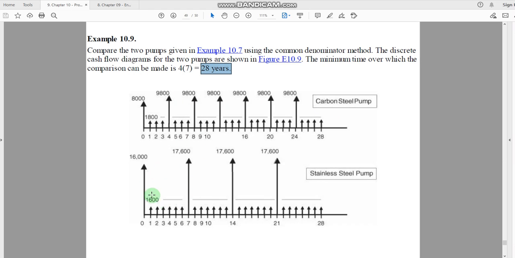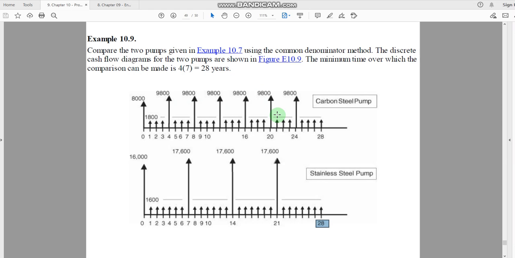So this one, the lifetime of the stainless steel pump is 7 years, and for this one we have to replace it 4 times over the timeline of 28 years. Okay, so for these methodologies we have to keep the denominator of the lifetime of the project the same. That's why we are multiplying n with them. Okay, so the total time is 28 years, and now we have to see which alternative is better